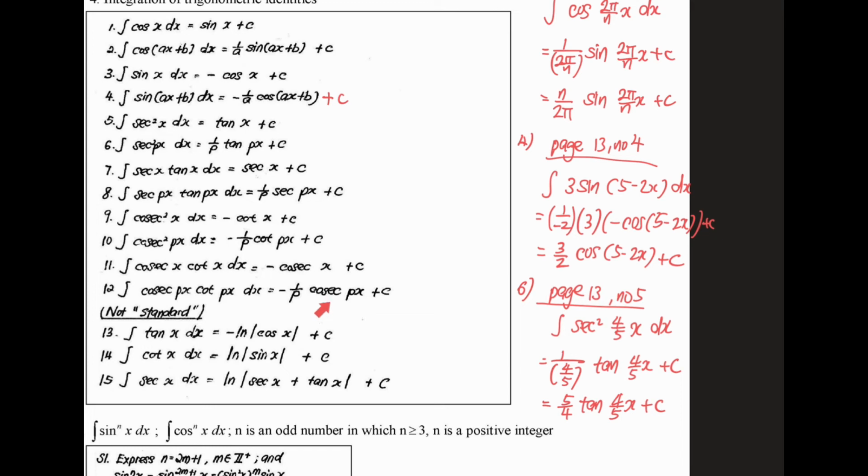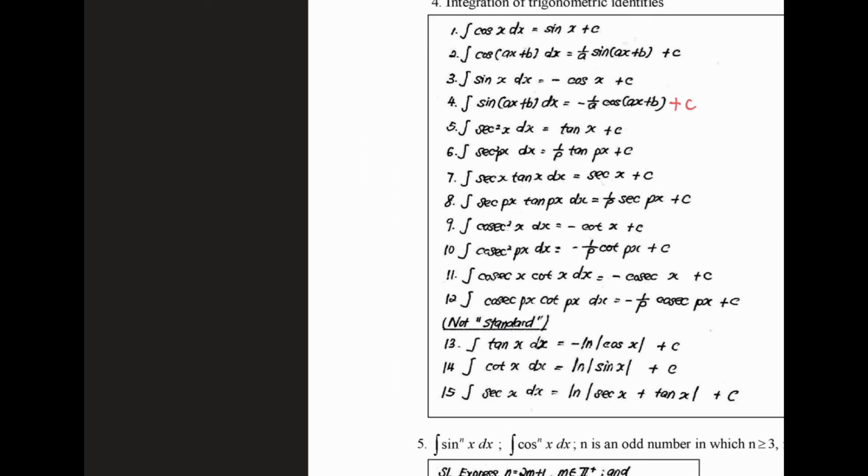Okay, so we have a non-standard formula, which is formula number 13. Integrate tangent x. Integrating tangent x becomes negative ln modulus cos x plus c. Okay, so we need to understand how this formula works. So number 13,